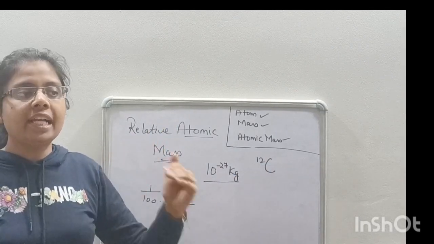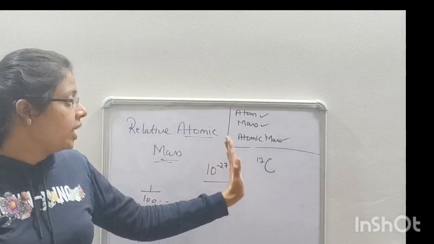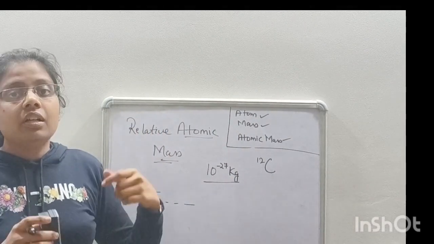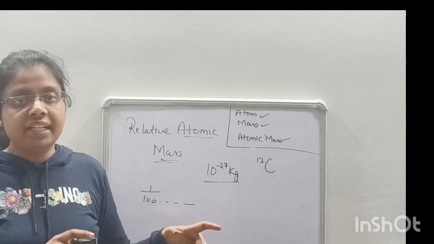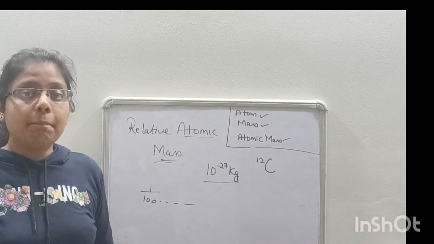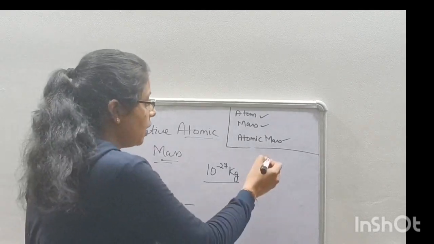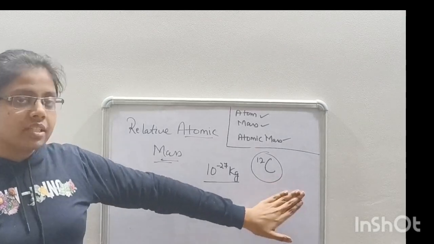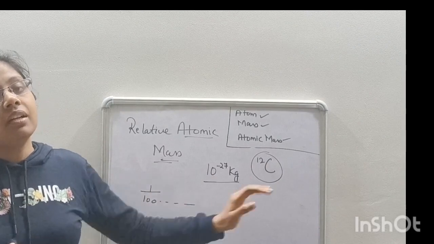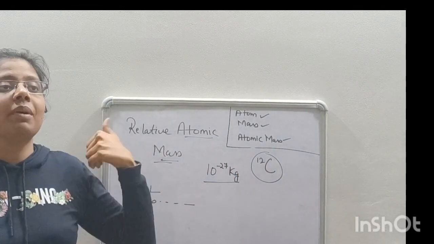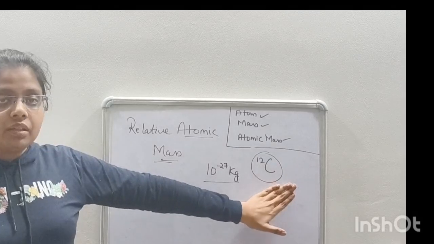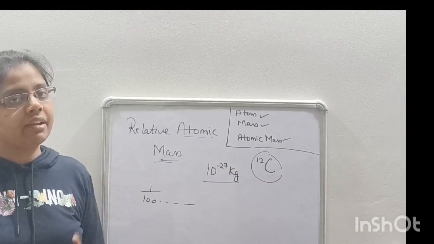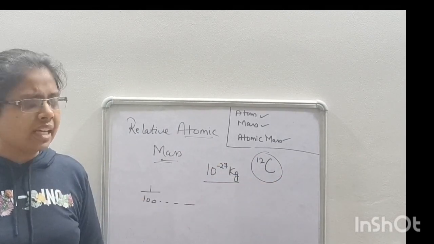So rather than calculating the atomic mass of each and every element, what they did is they found out the atomic mass of 12 carbon, and after that, rather than finding out the mass of other elements, they compare the mass of those elements with this and calculate the relative atomic mass. Via this, the problem of getting the atomic mass of each and every element gets easily solved. Now there is no need to find out the atomic mass of each and every element. I will compare the masses of that element with respect to 12 carbon, and I will get an atomic mass. In order to further understand this, let us